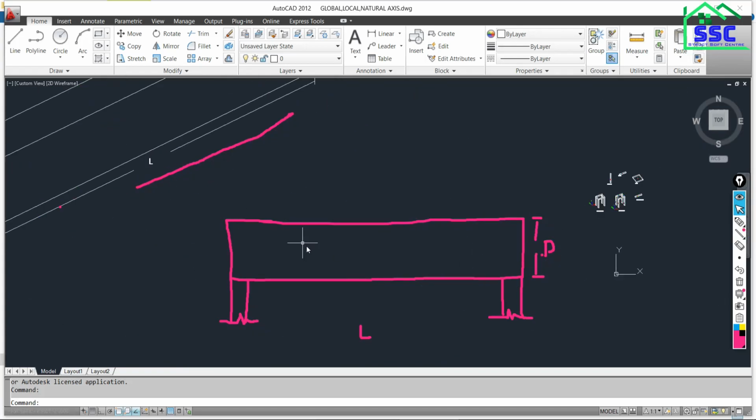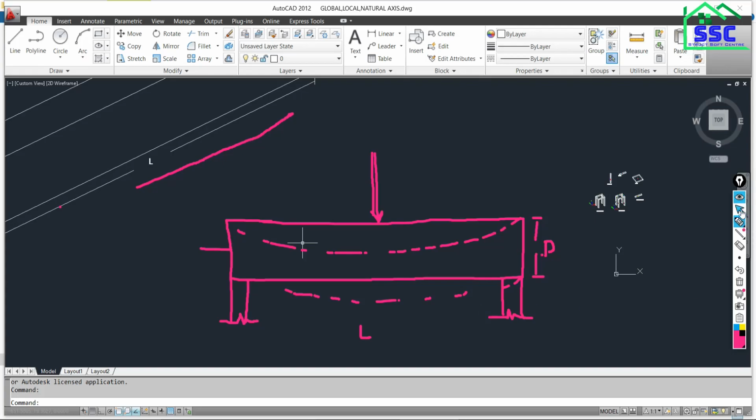So what is a beam? Can anyone tell me? Is it a flexural element or a tension compression element? Flexural member. It is the flexural member which is subjected to transverse load. This member will not be subjected to axial force. Majorly, this member will be subjected to transverse loads, and under this transverse load there will be flexural behavior of this member. This member is going to deflect like this. So a beam is actually a flexural member, it is not a compression and tension member.